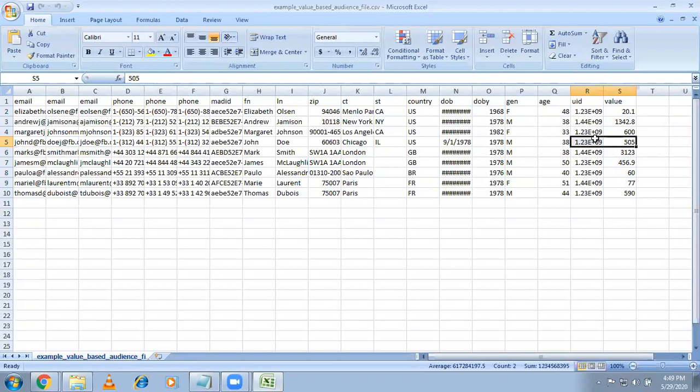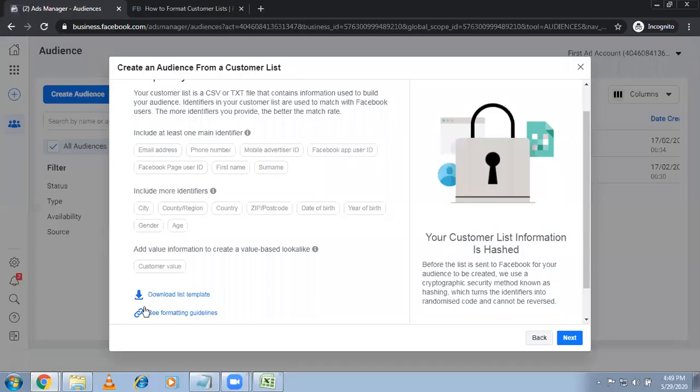You're telling Facebook that these are the people whose purchase value is good and the number of times they're coming and buying. So I'm asking Facebook that if you find a similar kind of people, then make it a lookalike audience. So you'll be reaching a larger audience. It's very good for the e-commerce website, guys. If it is not an e-commerce website, just leave it. You don't have to use the customer lifetime value.